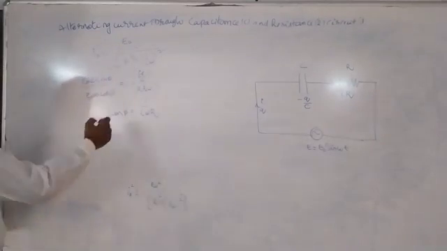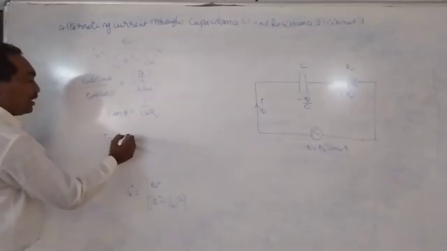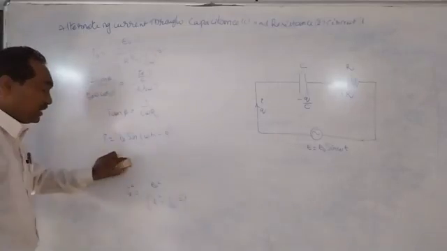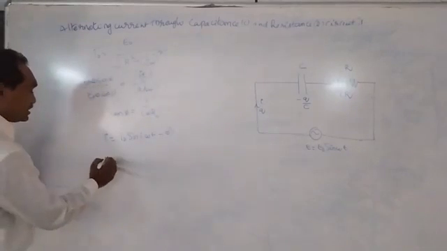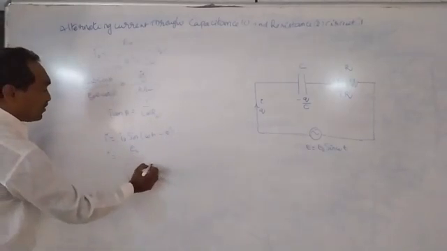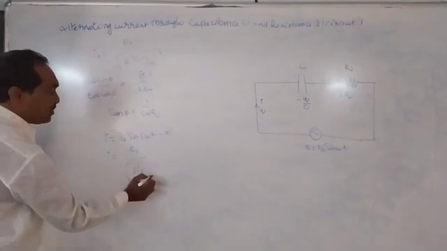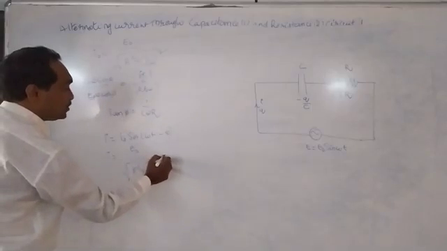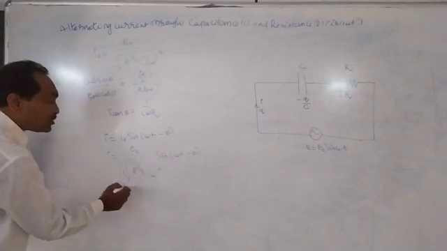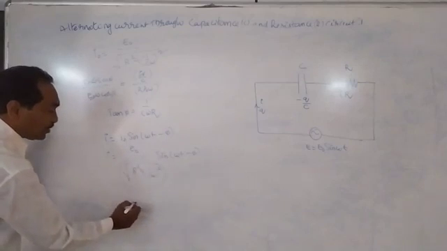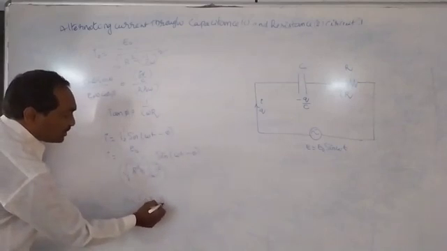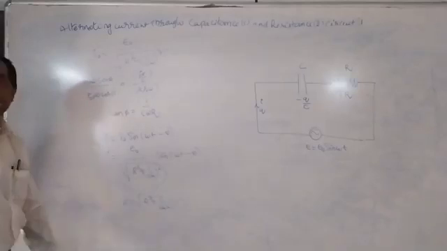Now what is the current in the CR circuit? That is I is equal to, we know, I naught sin(omega t minus phi). Already we stated this as equation 2. Now I is equal to, what is the I naught value? E naught by square root of (R square plus (1 by C omega) whole square) into sin(omega t minus phi). Here the term root of (R square plus (1 by C omega) whole square) shows the impedance of the circuit.